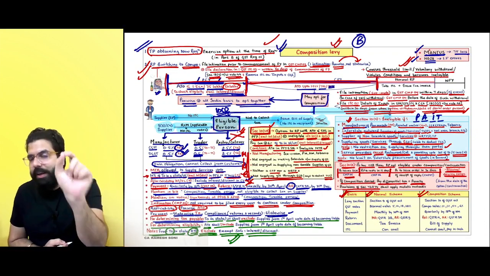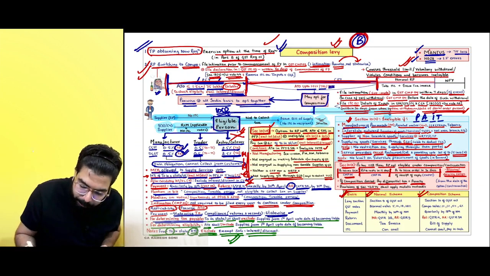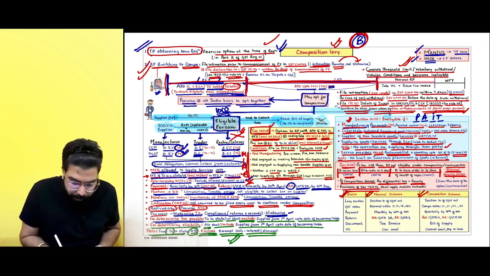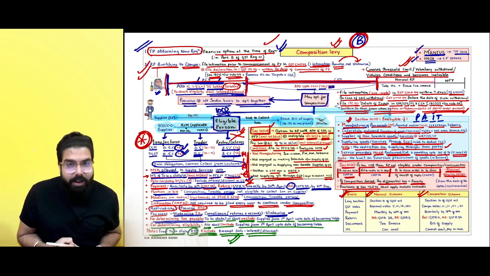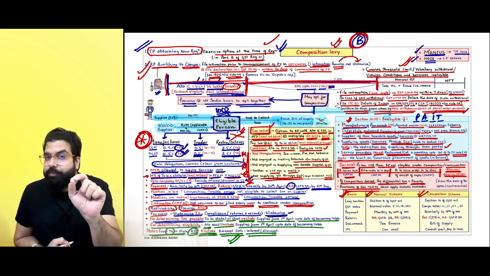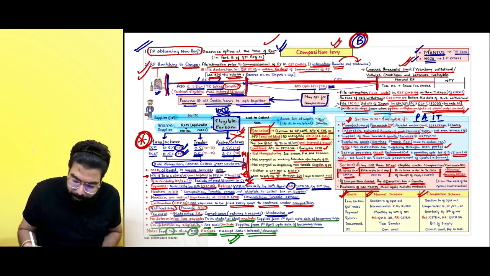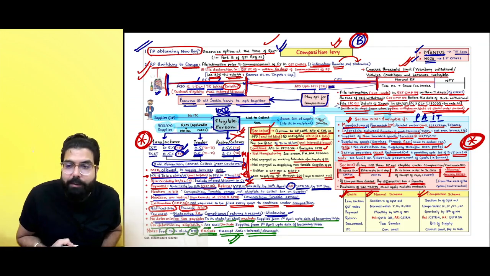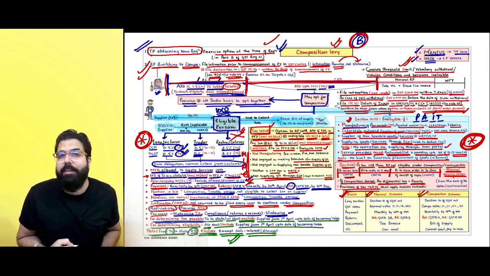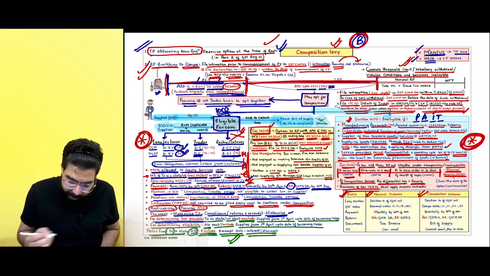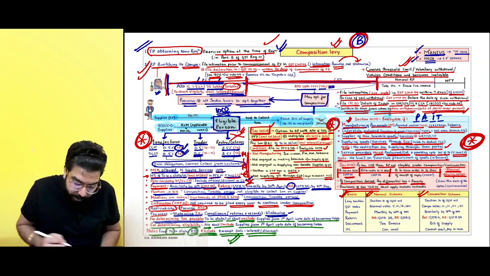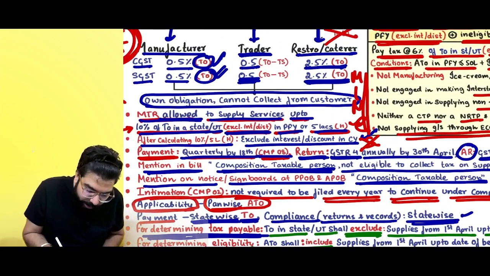Everyone listen to me very carefully. This is a B graded chapter. Sometimes one question comes, sometimes one question doesn't come. But the most important area to note here is section number 10(1), meaning what is the rate which is applicable. Sir, who are the people who are ineligible? Many times they want to trick you by saying trader of pan masala. Sir, traders are eligible. Be very careful. Section number 10(2A) related, they can ask you a question. They can also ask you a question on this.